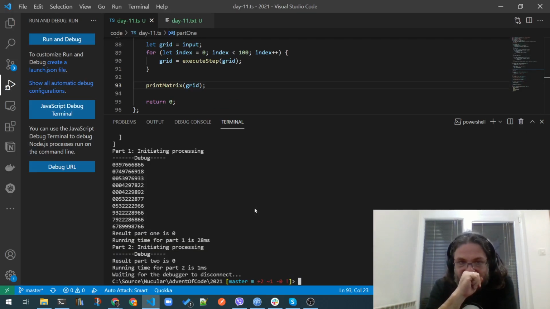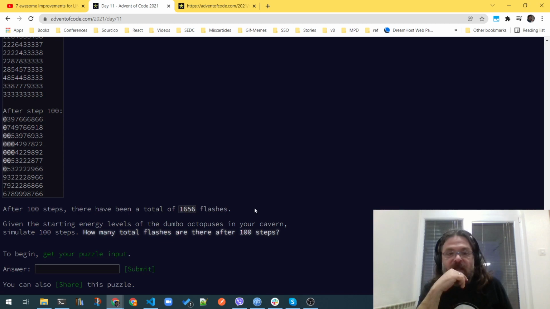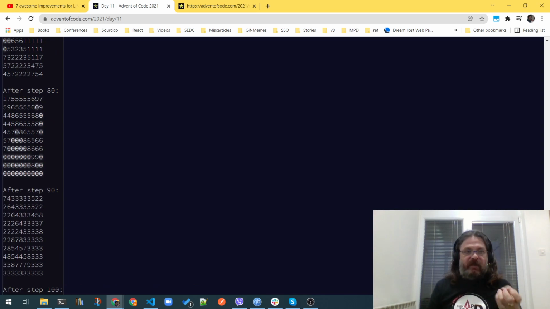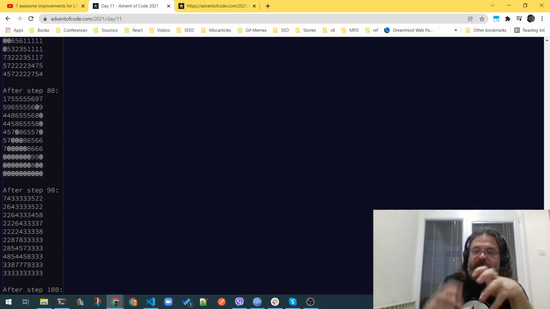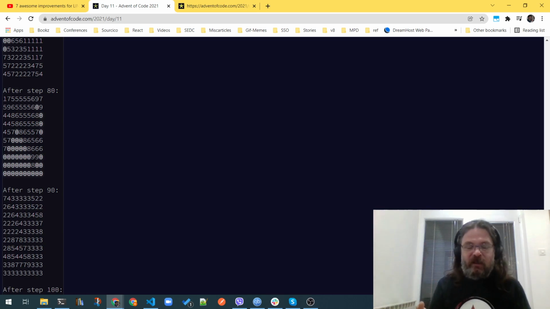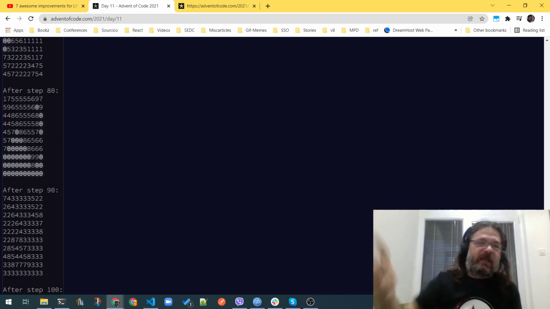And I did some thinking and guessing what the second part will be, because I have no idea what the second part is. Basically you need to solve the first part so that you get access to the second part, and I haven't done that. But from what I've seen, these explosions, these flashes, kind of tend to synchronize as each one increases the next one, and we might get a larger section of the octopuses be zero at the same time. So I think that after a certain cycle, we will have a situation when all the octopuses are zero at the same time, and they're just moving 0 to 9 and then to 0 and back again. And I have a feeling that the second task will be, well, basically simulate this thing until you get an array of zeros